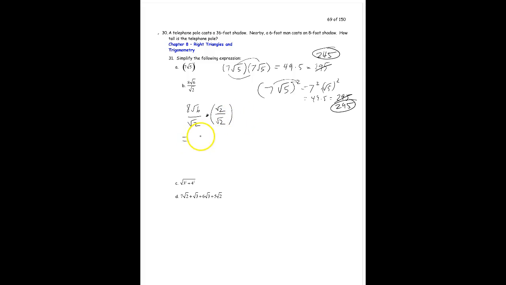And then we must multiply across since these are multiplied here. So we have 8 times root 6 times root 2, and in the bottom we have 2, because root 2 times root 2 equals 2. And then this simplifies to 8 root 12. So when you have radicals and you multiply them, the two numbers multiply and stay underneath the radical. Divided by 2, and then we get 4 square root of 12. And now there's actually a perfect square factor in